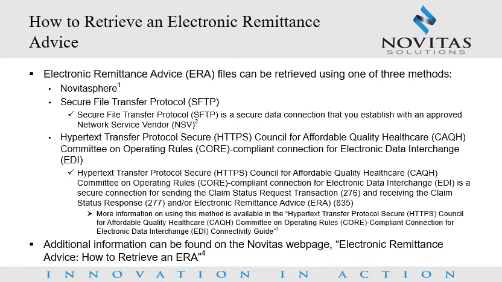How to retrieve an electronic remittance advice. The electronic remittance advice can be retrieved using one of three methods. The first is through Novitasphere, which is Novitas's free internet portal. The second is through a secure file transfer protocol, which is a secure data connection that you establish with an approved network service vendor. The third and final option is through Hypertext Transfer Protocol Secure Council for Affordable Quality Healthcare, Inc., Committee on Operating Rules for Information Exchange Compliant Connection for Electronic Data Interchange,